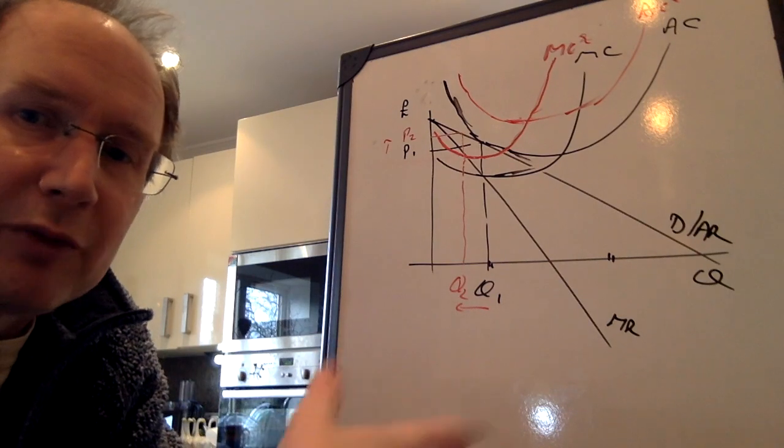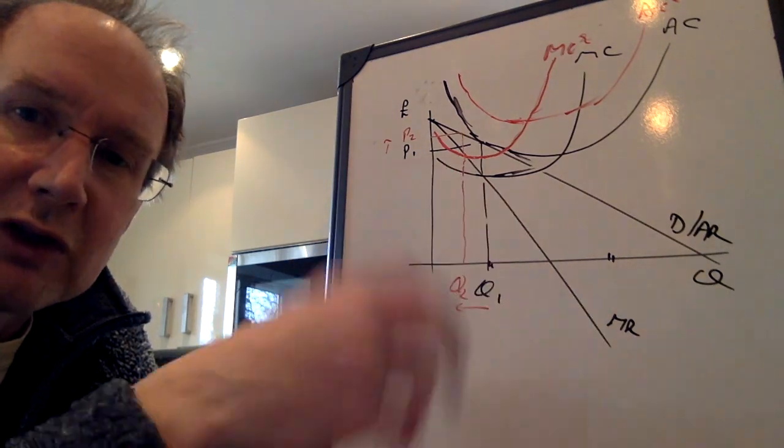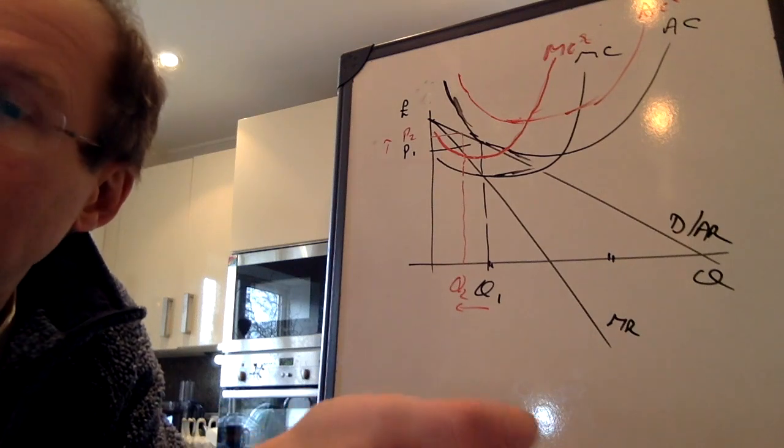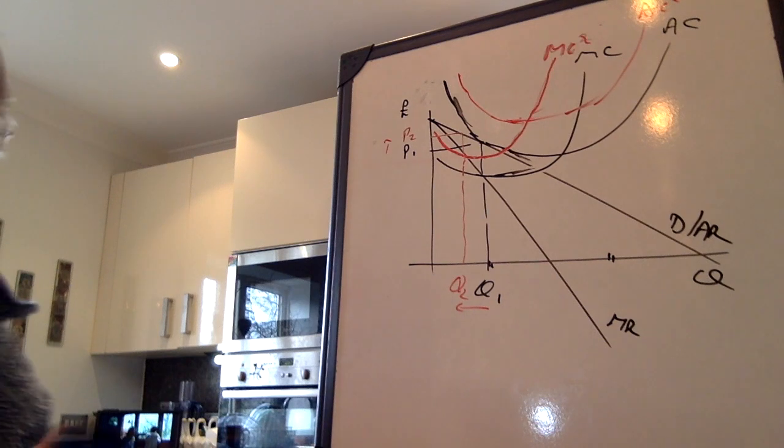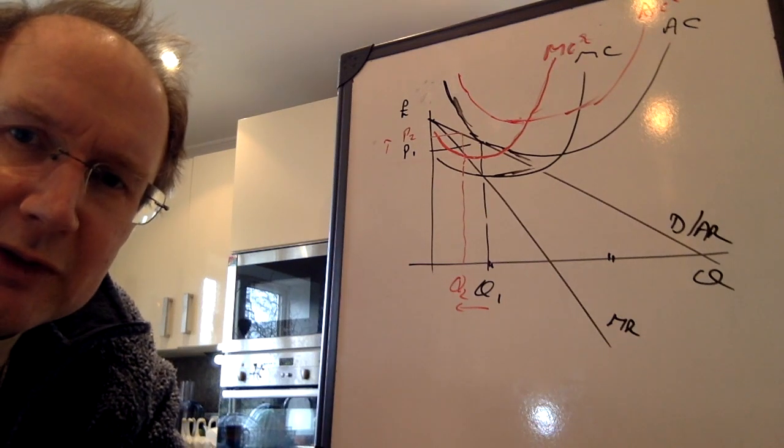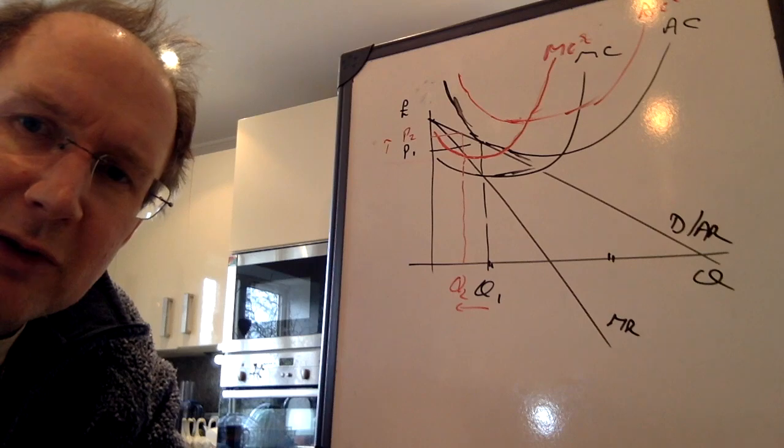Obviously, you'd need to give an example of why demand was shifting to the right in the first case and why marginal costs are increasing, although they tell you that in the stem, or at least they allude to the idea that there's some sort of increase in marginal costs, so food prices, something along those lines.